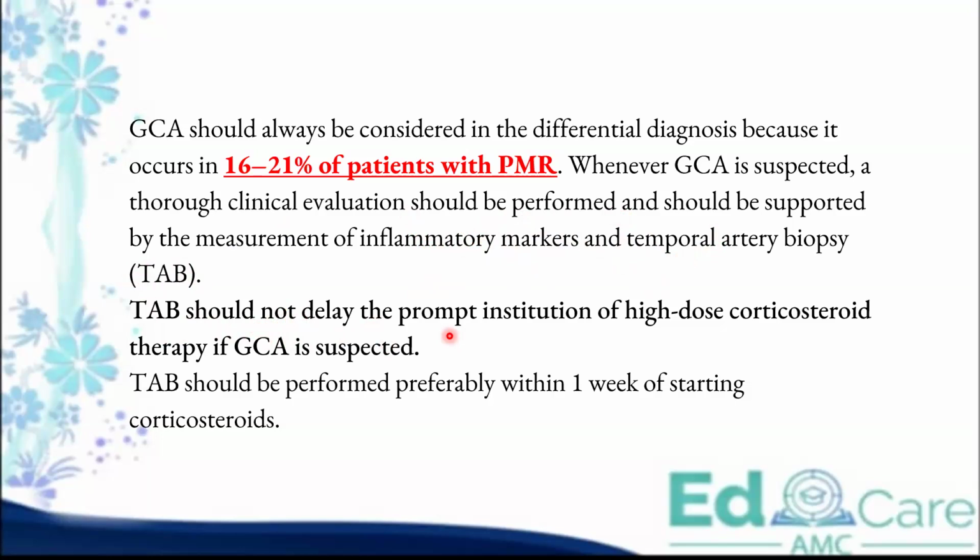So this is an actual AMC MCQ. They have again taken it directly off their guidelines, where they give you one stem saying you have to start corticosteroids after you get the temporal artery biopsy reports, right? Or only after you have taken the sample for temporal artery biopsy can you start corticosteroid. That is what they give as a stem. So that is false, right? Their guideline itself mentions do not delay the institution of corticosteroids for a temporal artery biopsy.